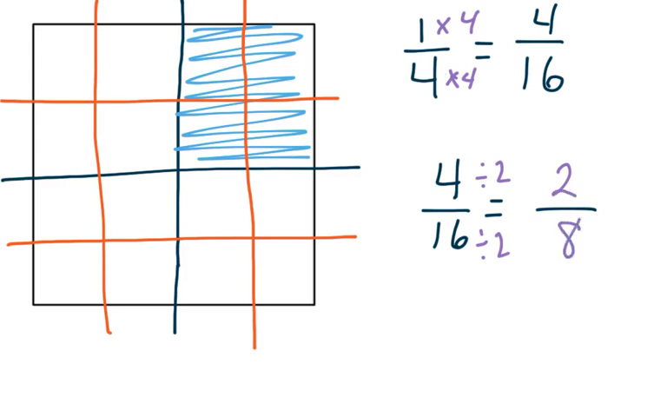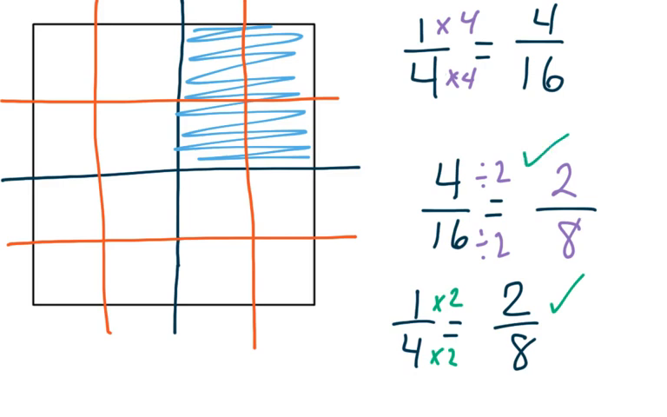Would 2/8 and 1/4 be equivalent? Well, let's look. How would I know if 1/4 and 2/8 are equivalent fractions? What could you do to test this? Well, I could test using some multiplication. If I do the same thing to my numerator and my denominator, is it going to give me that as a result? And when I multiply 1 times 2, it gets me 2, and 4 times 2 does get me 8. So yes, these two fractions are equivalent,